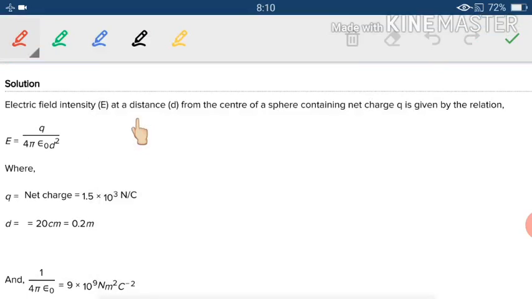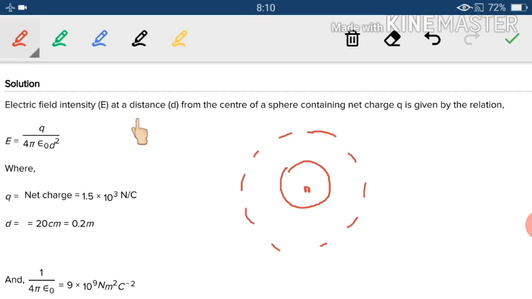They are talking about a conducting sphere. The sphere is like this and the charge is placed at its center, somewhere here. I'm not able to draw it exactly at the center, but you consider that it is at the center. Now the other thing is that at 20 centimeter of distance from the center, the electric field is given. So we can consider a Gaussian surface, and that Gaussian surface will again be spherical, with a radius of 20 centimeter. Somewhere here they're talking about the electric field, whose value they have given.